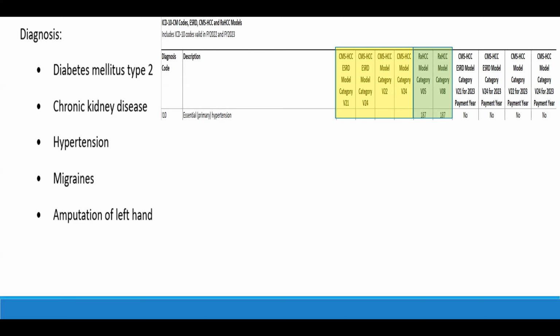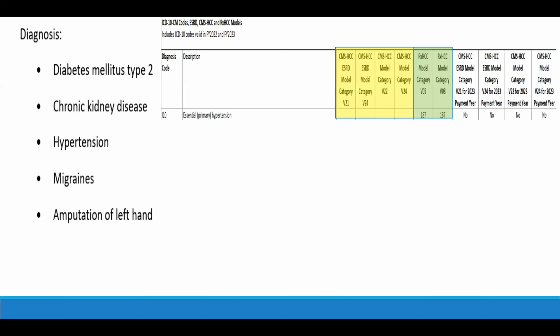Okay, Part C is where health plans take over the responsibility of claims payment for Part A and Part B, right? But Part D is prescription drug coverage. And Part C plans do not have to offer prescription drug coverage, okay? And if they do not, then the beneficiary can go out and get Part D coverage through an approved source. If the Medicare Advantage plan does offer prescription drug coverage, then the beneficiary cannot go get a separate Part D plan. And because the Part C plan is taking over responsibility for prescription drugs, they will get